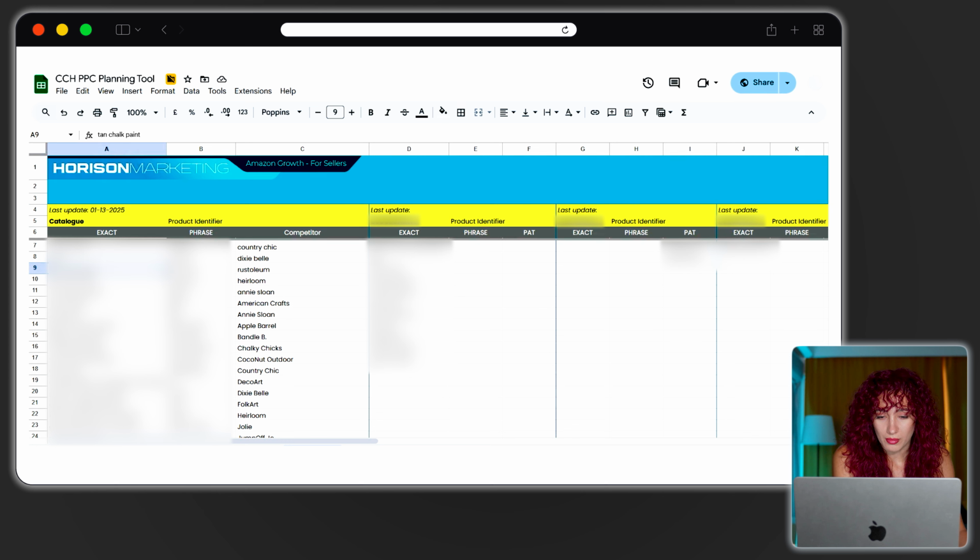Now let's look at another example. Here we have a sheet that lists the top competitor brand names relevant to products in this account. What we do is add all of these competitor brand names as negative keywords in our auto, broad, and phrase campaigns. This prevents our ads from being triggered by competitor branded searches, which typically result in low conversion rates and wasted ad spend. But, very, very important to note, this doesn't mean you should completely avoid targeting competitor brands. You can still go after competitor terms, but it should be done through a separate and dedicated campaign where you can closely monitor performance and adjust the strategy as needed. In this way, we keep a clean structure and make sure that budget isn't accidentally spent on irrelevant or low-performing